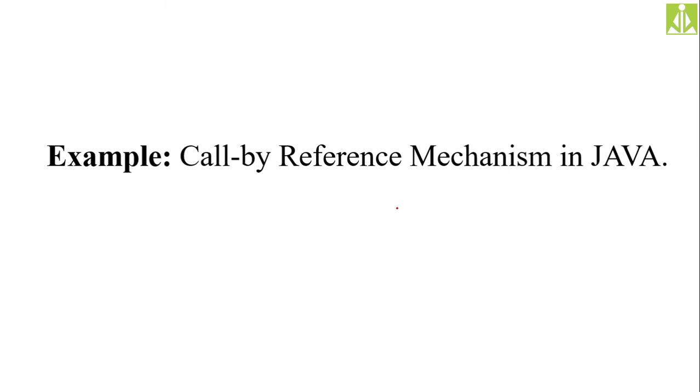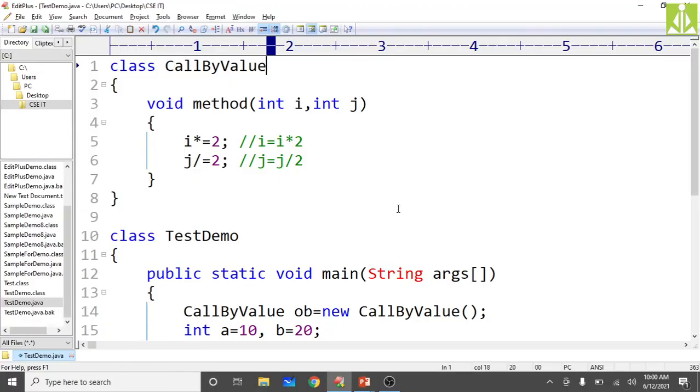So quickly, with the help of a demonstration, I will try to explain this concept. We will take the same program. Over here, call by reference. Now take the method. Inside this method, instead of taking primitive types, we have to take the object of class type. So here temp or TOBJ, temporary object.